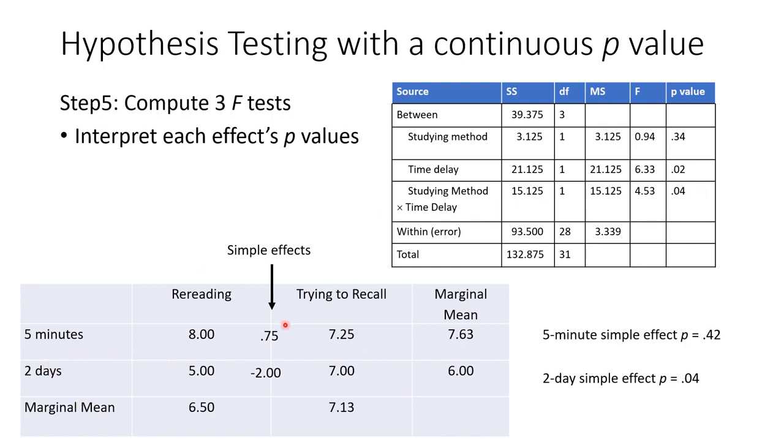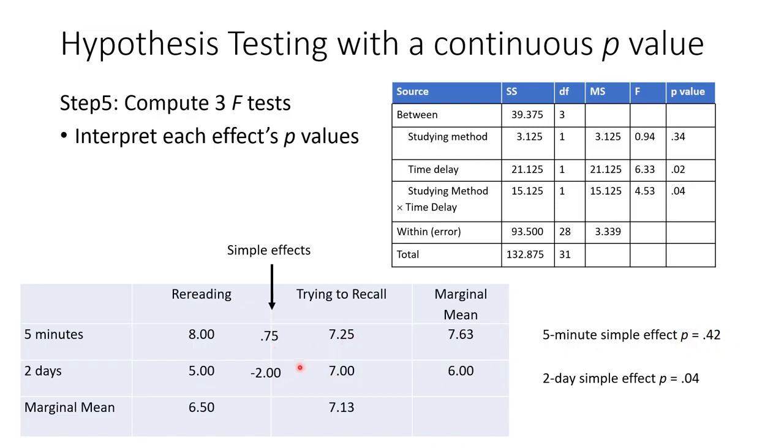In order to interpret this interaction most accurately, you should do simple effects analysis. Again, you're going to get this from a computer, but you need to know what these numbers mean. So the simple effect for the 5-minute time delay is comparing this cell mean and this cell mean. The rereading after 5 minutes, or excuse me, studying and then taking a test 5 minutes later, and then rereading, taking a test 5 minutes later, that difference of 0.75,